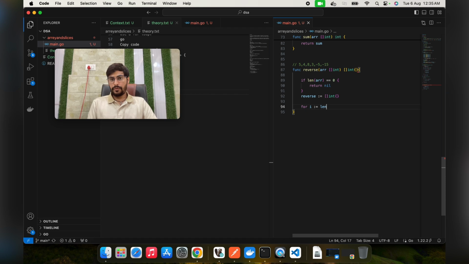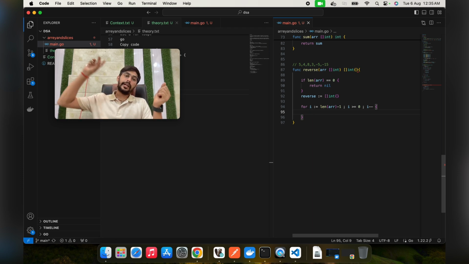i equals to length of arr minus 1, i greater than or equal to 0, i minus minus. We are going in reverse order, so we are starting from the last index and coming to the first index, and in reverse we are going to append to reverse,